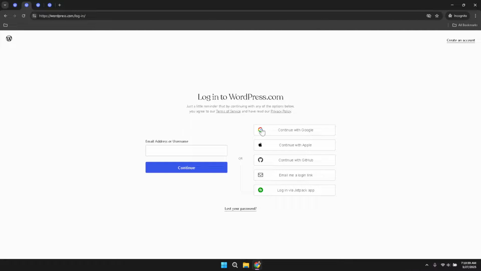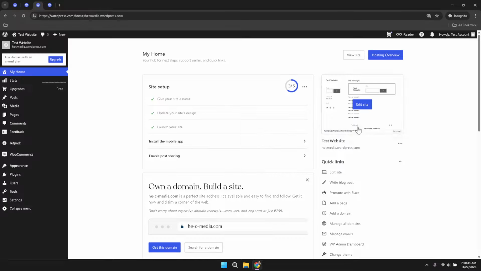After your Google account is selected, navigate to the Quick Links section. This area is designed to help you quickly jump to key parts of your website's management interface. In this section, you will find an option labeled Edit Site. Clicking on Edit Site takes you directly to the editing interface of your website. This is where the creative part of managing your site becomes possible, giving you the ability to make adjustments and